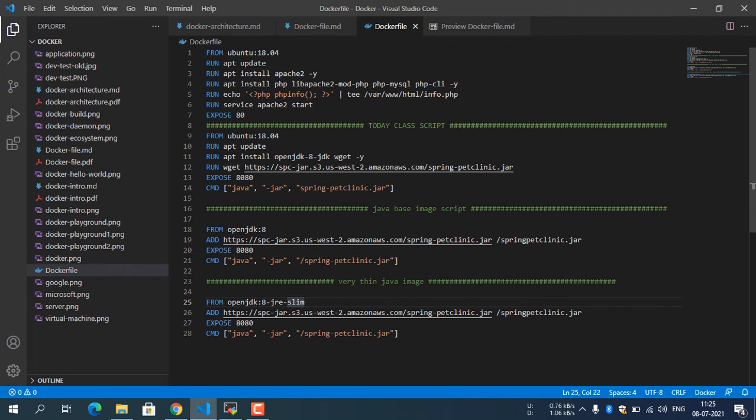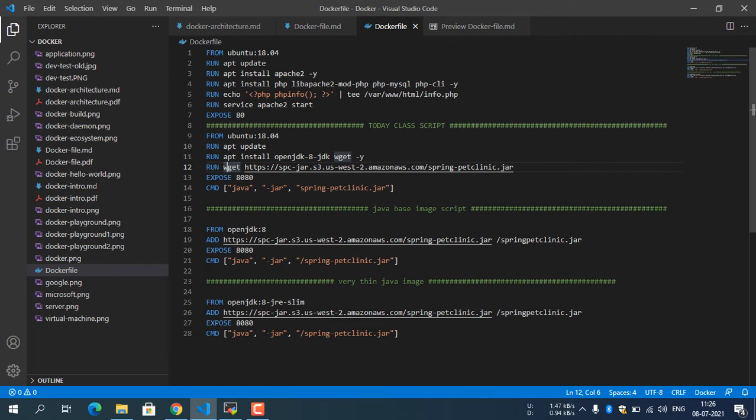You can see I have taken Ubuntu. In order to create a Dockerfile, we need to take a base image. So here I have taken the Ubuntu image. Then after that we need to update, right, in Ubuntu. So I have used RUN to install any packages in Docker. We use the RUN instruction. So RUN apt update, then RUN again. We are running a Java application, so we need Java. So I have installed Java with apt install OpenJDK.